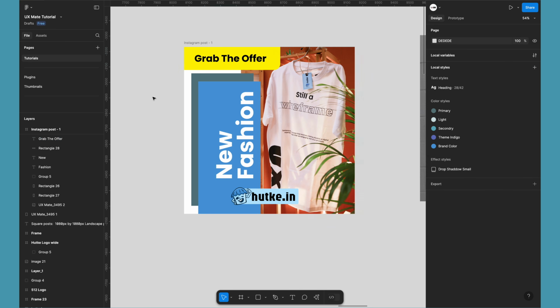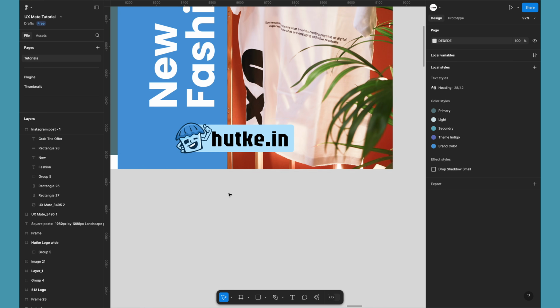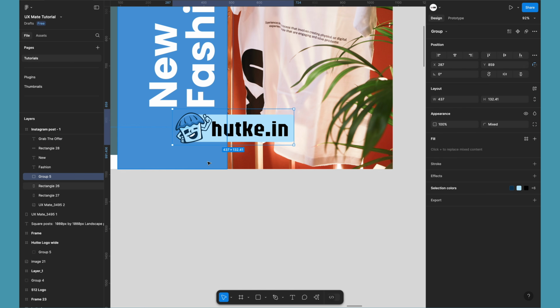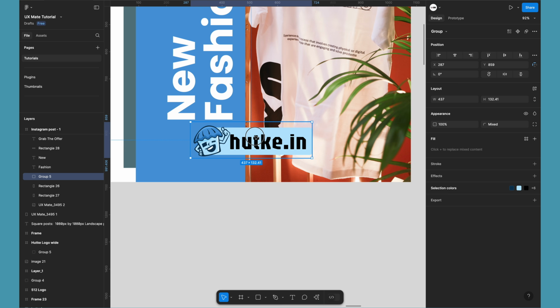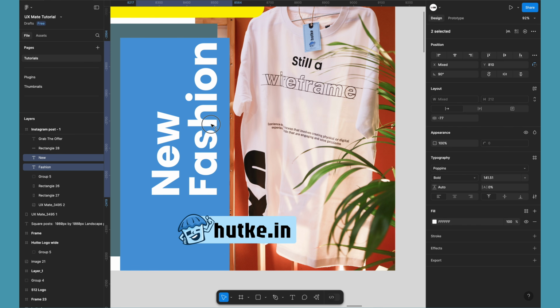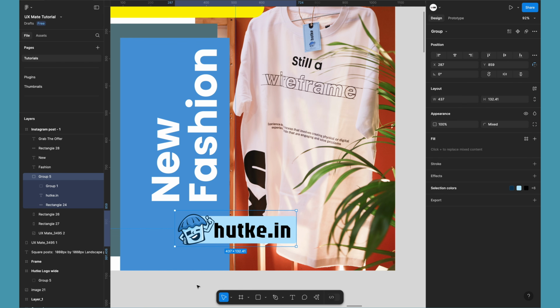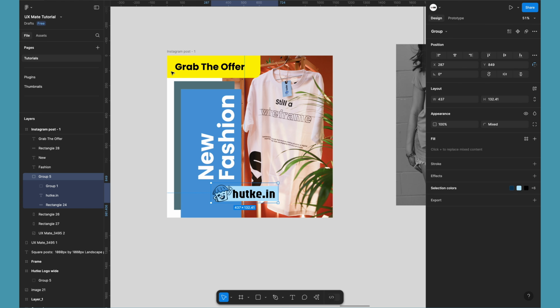Grab the offer, and let's say I want to add the contact number or the website here, right? So I want to use some icons, so I'll just adjust them a little bit. I'll just move it a little bit up. Oops, sorry. Okay, something like this. And I may not use this yellow color here, or probably I'll change this as well,